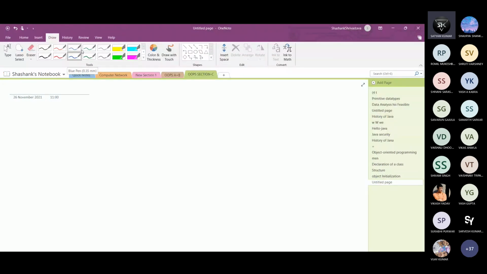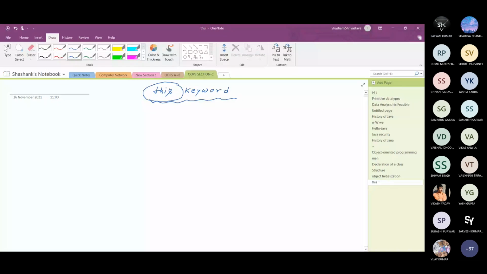So today we will discuss a very special keyword, that is the this keyword in Java. This keyword has many applications and many uses. So the first question is, what is this?